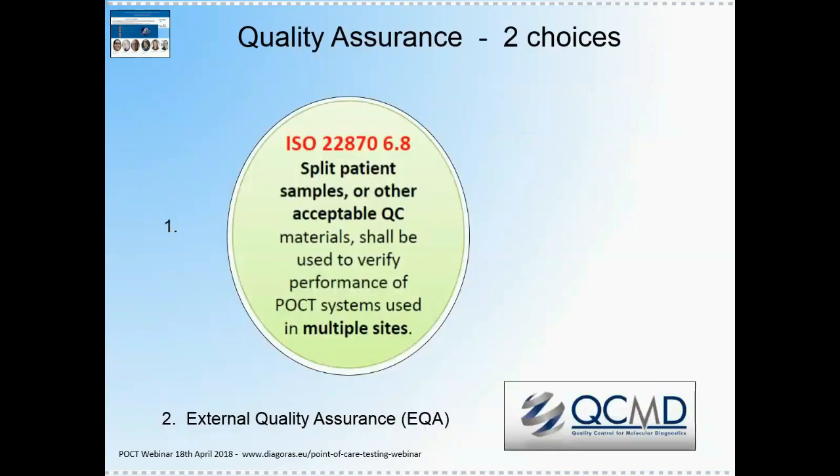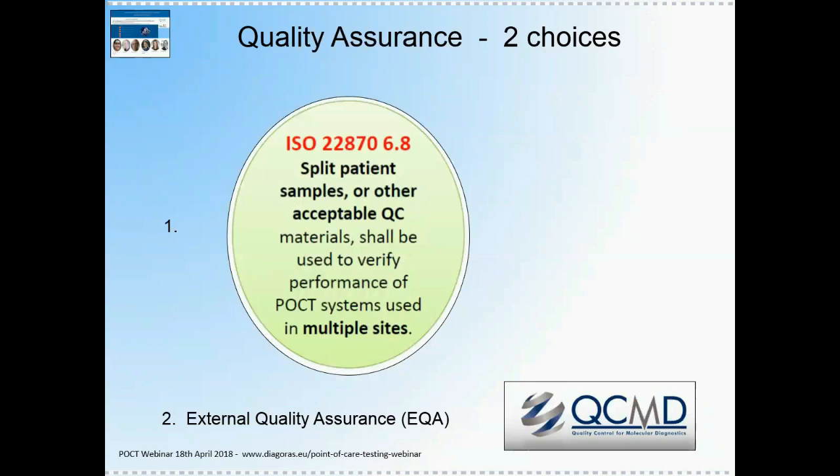If we look at quality assurance, I think there are really two choices here. Samples for quality assurance testing can be internal samples that are distributed between multiple sites. So you have a range of healthcare institutions that are sharing samples so they can look at and compare their own processes and check that they're all getting results which meet the gold standard and also meet the standard set by the other hospitals in their region.